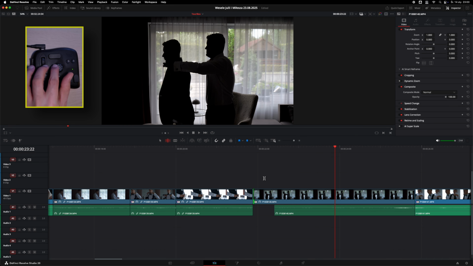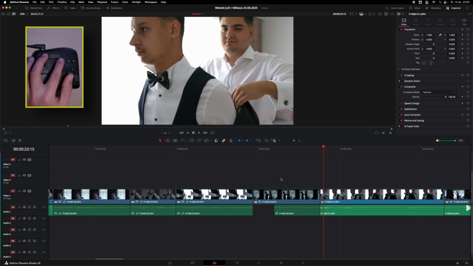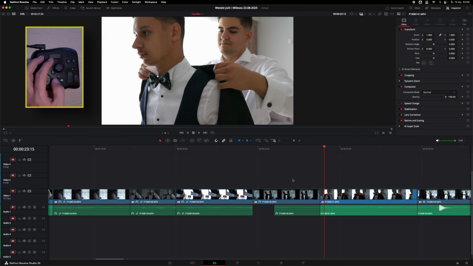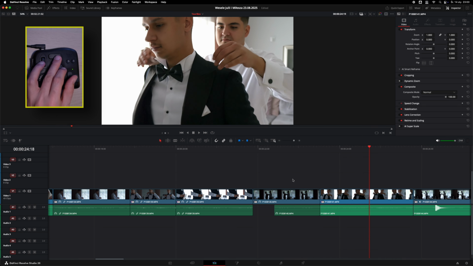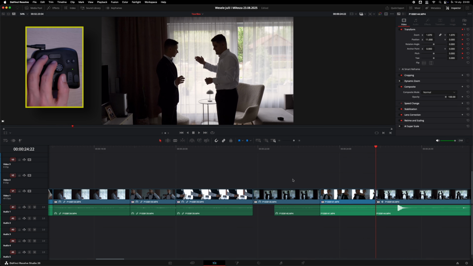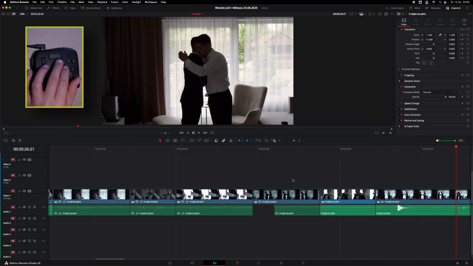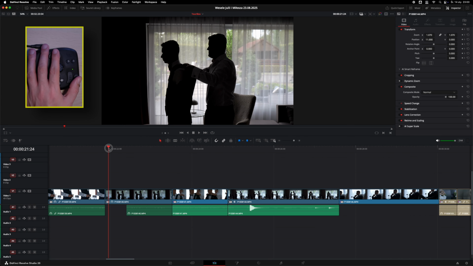Okay, so we have this, and the rest I want to cut, and this scene will start from here, and cut the rest. And here we have high five. Yeah, so now the scene looks like this.